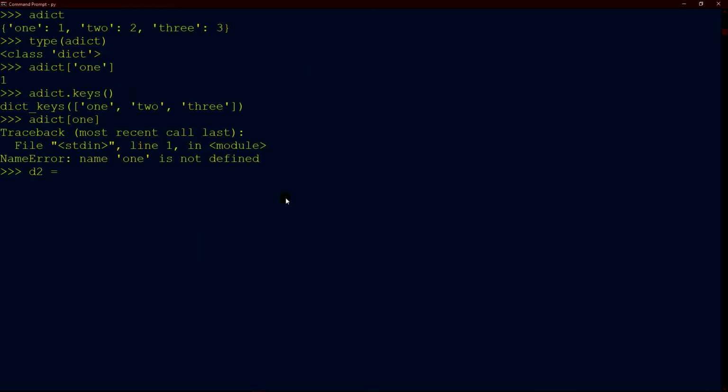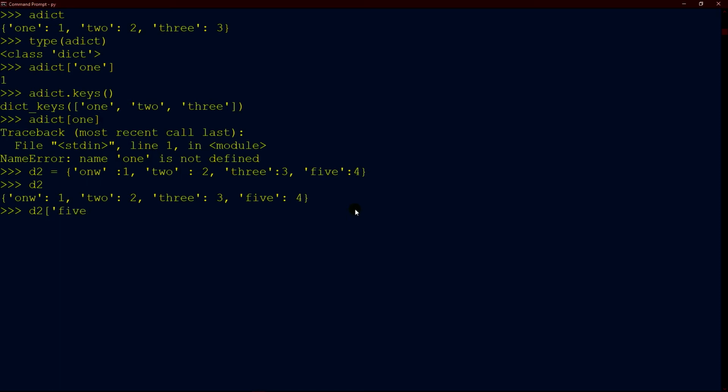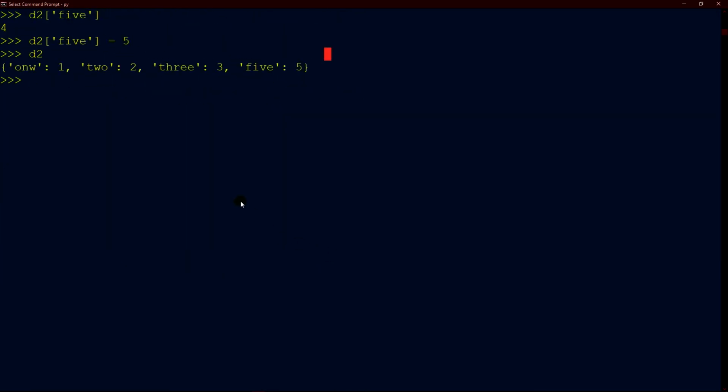And you can always change the dictionary contents. Suppose now I am making a dictionary with 4 elements, and now I want to change the value of the 4th element. Let's set that to 5, and now the dictionary is changed, so it is changeable.